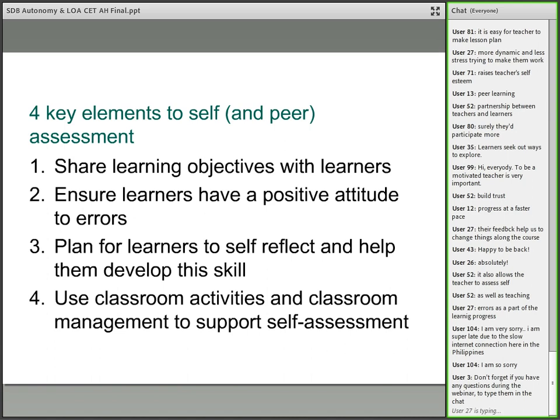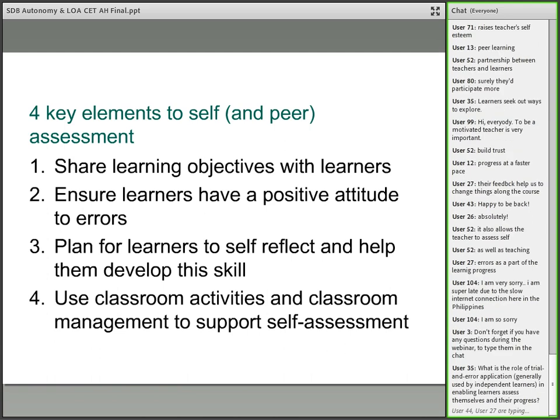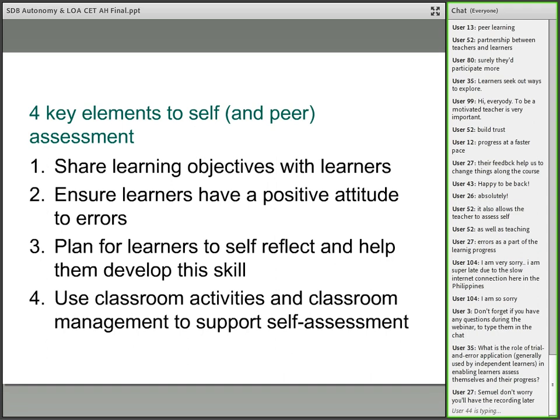Okay, so how do we use these activities to encourage students to self-assess and to be autonomous? Okay, so those are the 4 elements that I think are important, and I think if you can be conscious of those 4 things, it's really important that we then break them down and that we start to build them